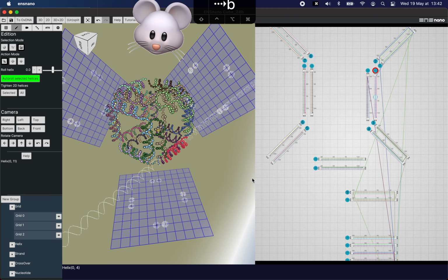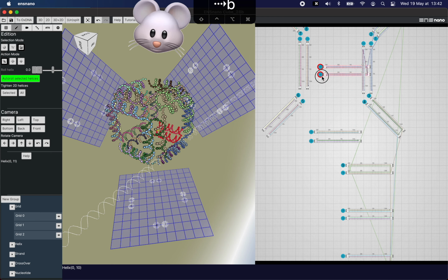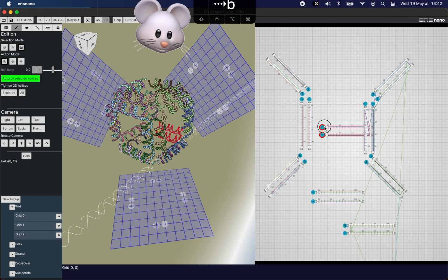So these two are 13 and 14. Oh, we did it already. So these two are 18 and 17. So 18 and 17 are there, so let's move them there. And 18 and 17, their numbers are towards this grid, that is towards 7 and 8. So it should be good this way.